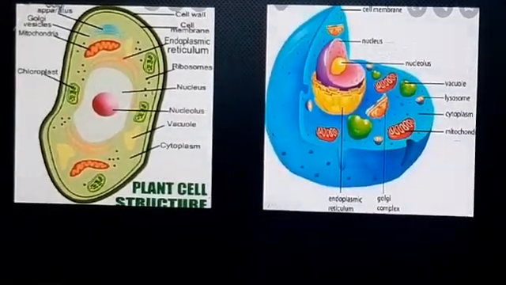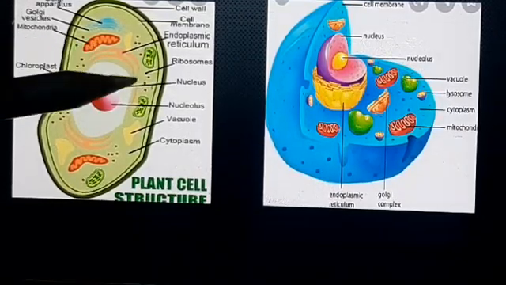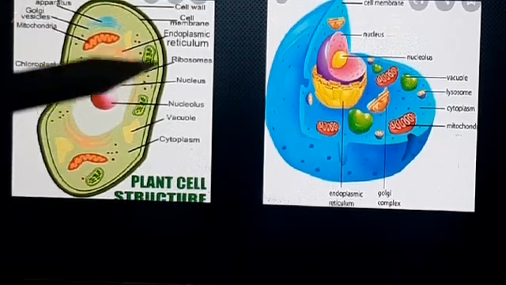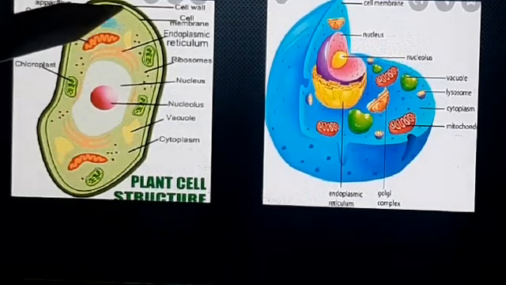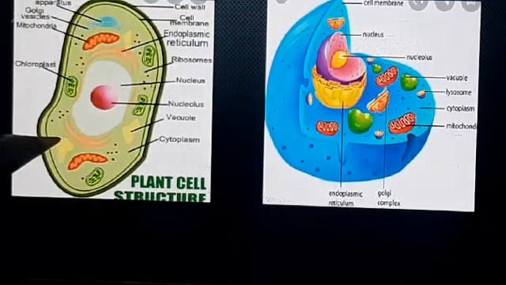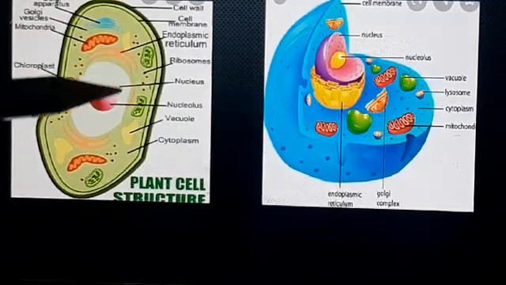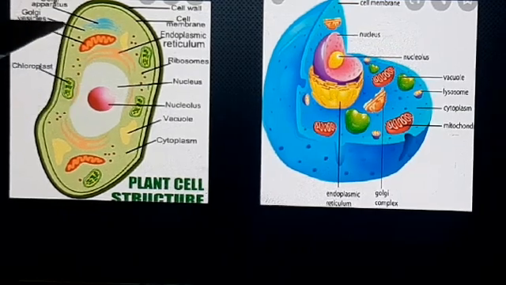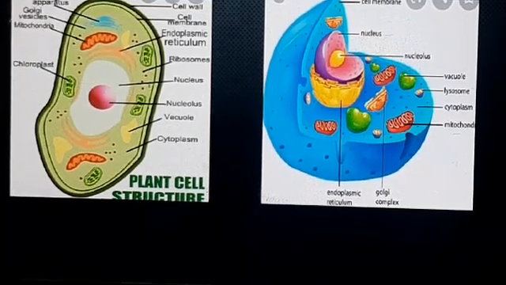Let me explain this with the help of these diagrams. See, this is the cell membrane, this one, and this is the nuclear membrane. So the part which is present here, in which the various small parts of the cell are present, this one is known as cytoplasm. This is the nucleus. Okay, this complete white portion is the nucleus, and this is the nuclear membrane. So the part between the cell membrane and the nuclear membrane, this complete portion, is known as cytoplasm.